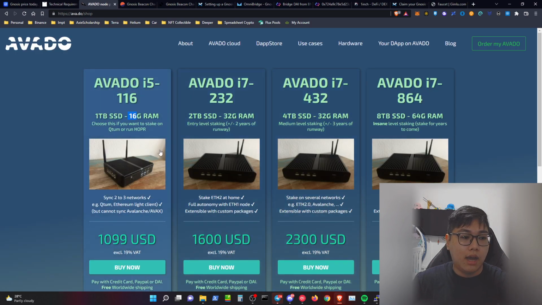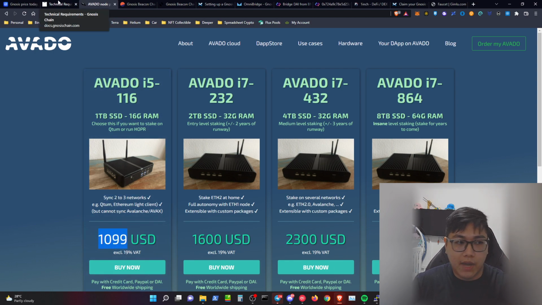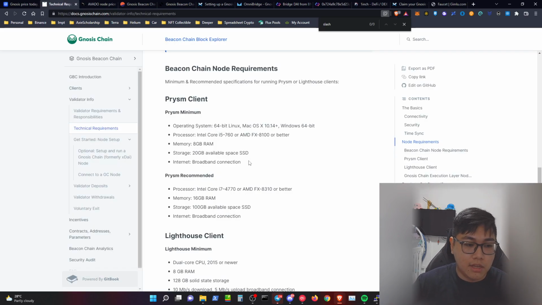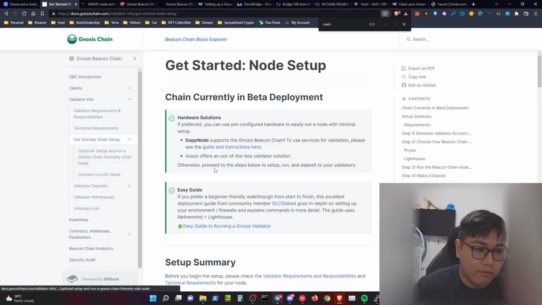Gnosis token, I would say that with this 1000 itself, you will receive 300 for free, basically 1 GNO token, and from there it's going to save you a cost of like $700 to run this Gnosis node itself, and it's going to save you a lot of cost. So these are the hardware requirements, and of course from there the setting up of this itself.